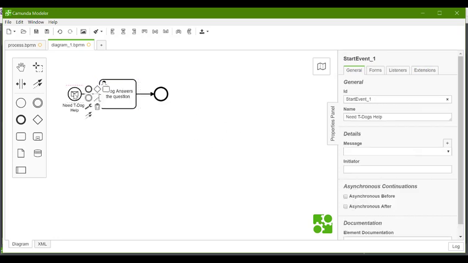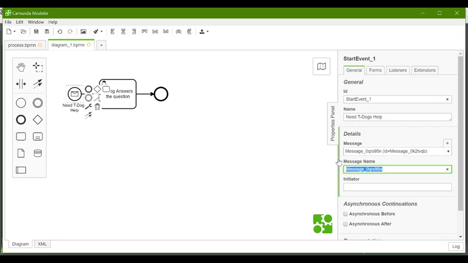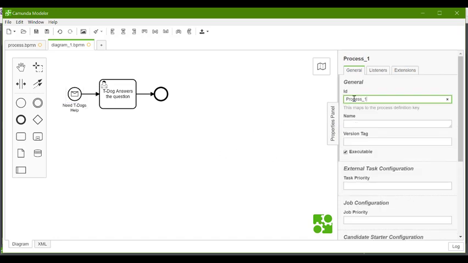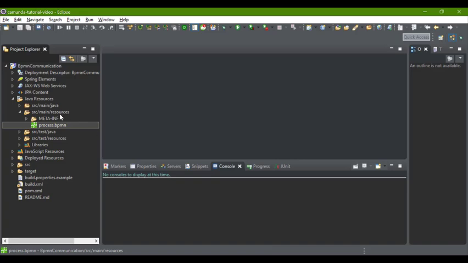So for this, we actually once again need this message name, and it's going to be ask TDog. Okay, and this process here is going to be called ask TDog. And I just need to save this with the rest of my project. So let's just grab the location here of my project.